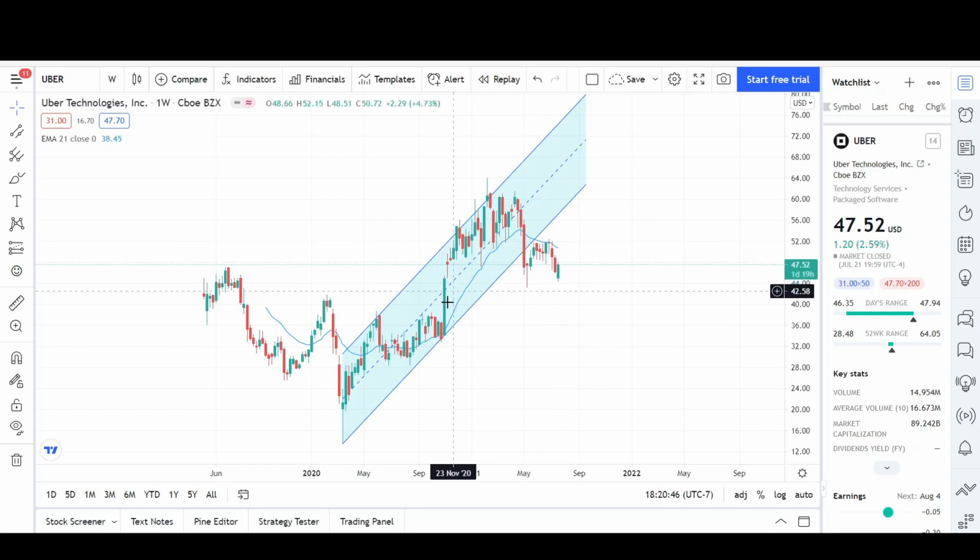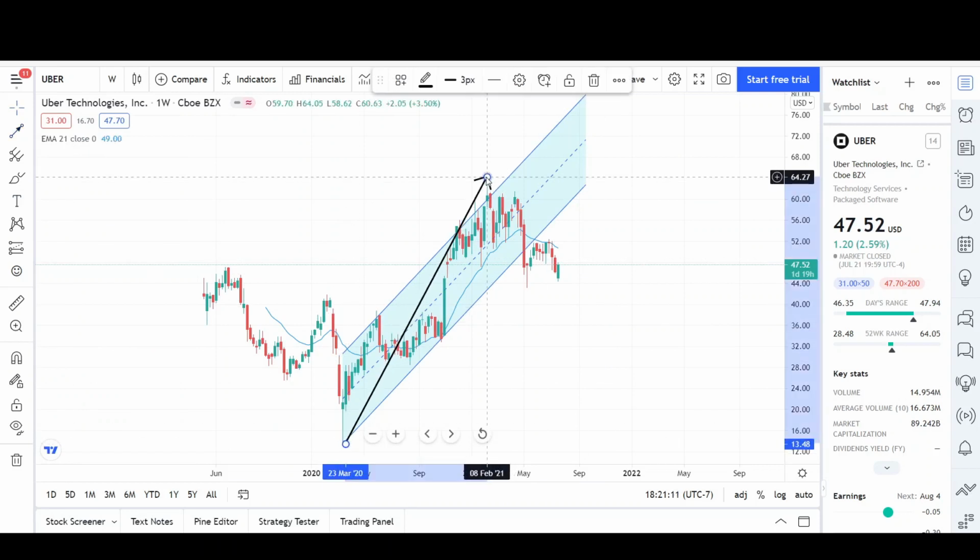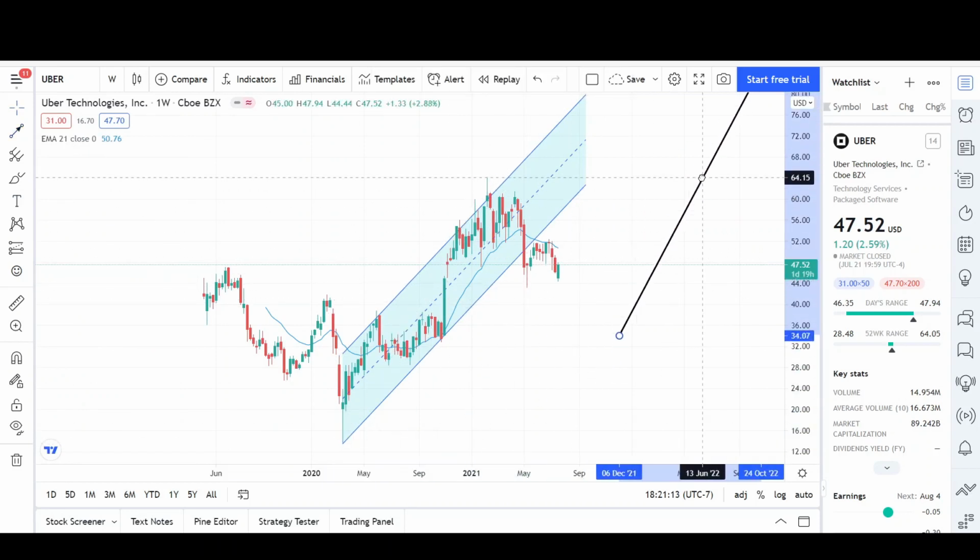So that's kind of like the same thing over here, where we pushed above it, found support, and we had this blast up, and then now we have this blast down through the EMA, finding resistance. So we could see another blast down, right back down to that $37 level. And then from there, since that would complete the 2 legs down, we could potentially see the price continue to go up and make that new high of the trend,